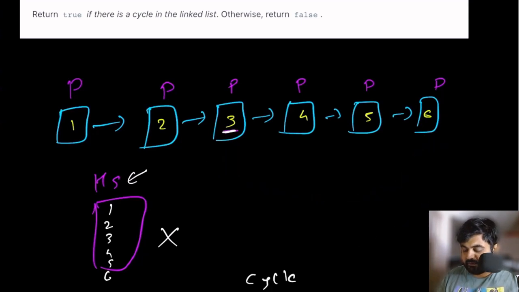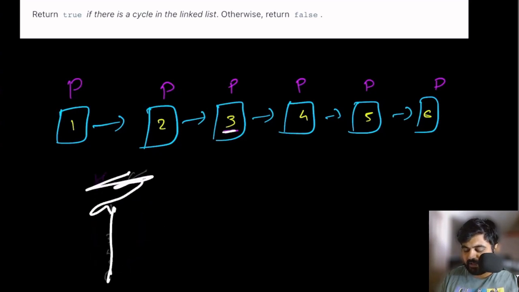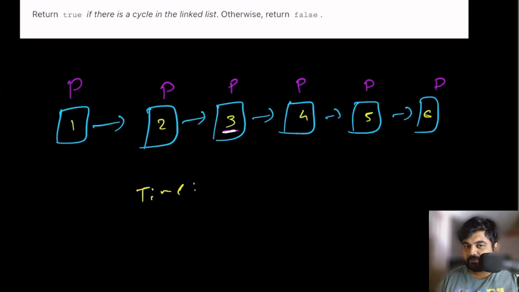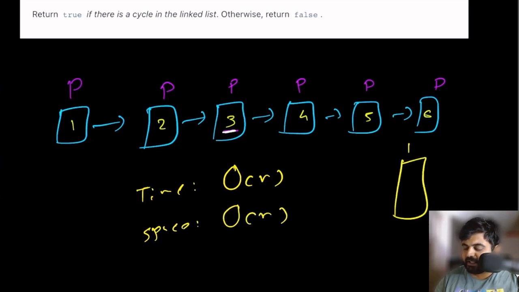The moment you give this solution in your interview, your interviewer is going to ask you a very simple question, and the question is what would be the time and space complexity for this approach. The time complexity in this case is going to be big O of n, because we are doing a single pointer iteration in a single pass. But the space complexity is also going to be big O of n, because we were using an additional hash set. And your interviewer is going to say, I do not want the space complexity to be big O of n.